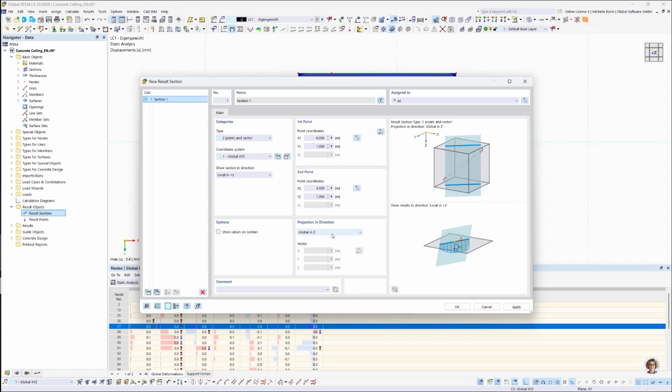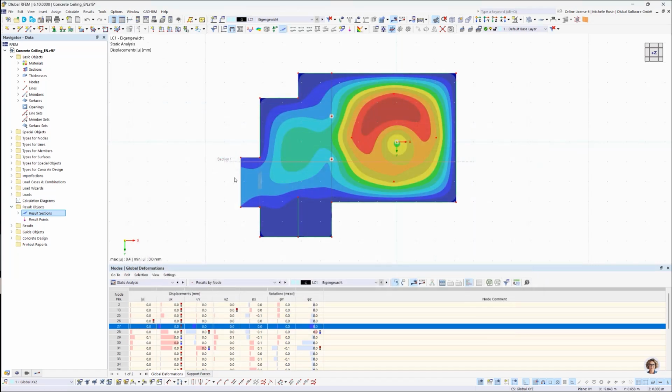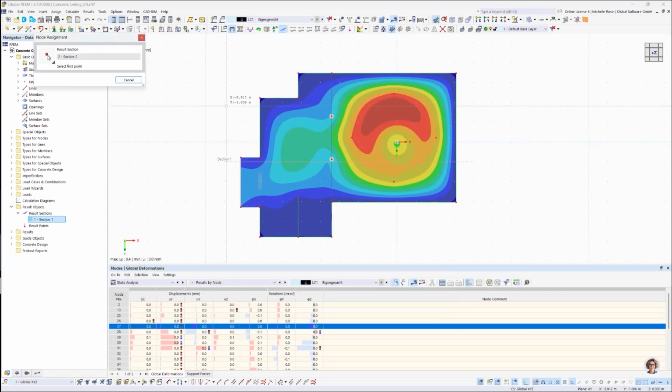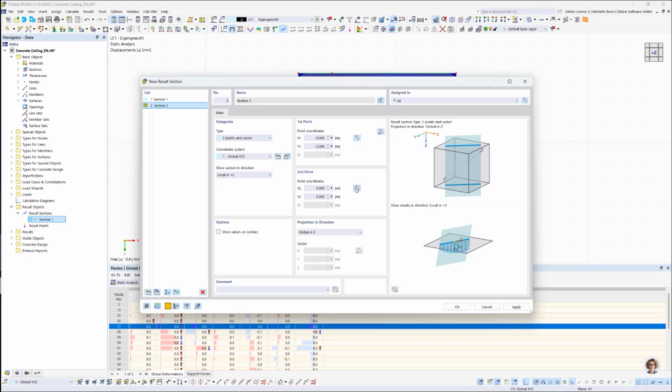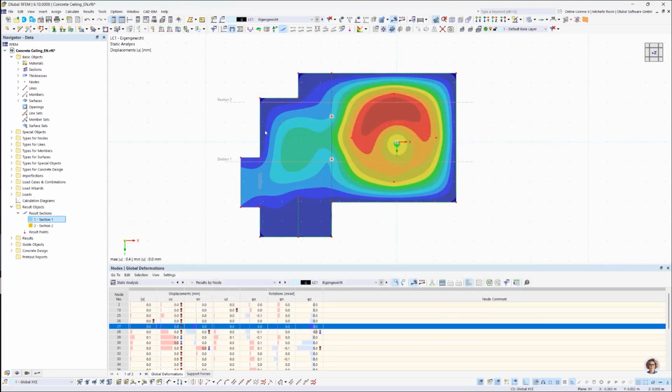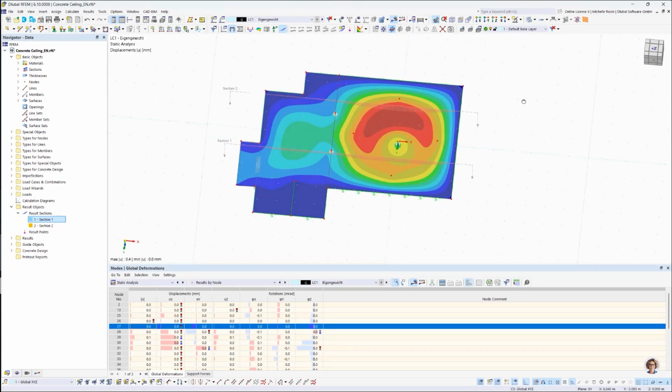The direction is the Z direction, that's correct, and I go to apply. Okay, and then we see our section 1 here. If we want to create another section, we can double click on section 1 and go on create new object and create our second section. Okay, now we have 2 sections, and we can also